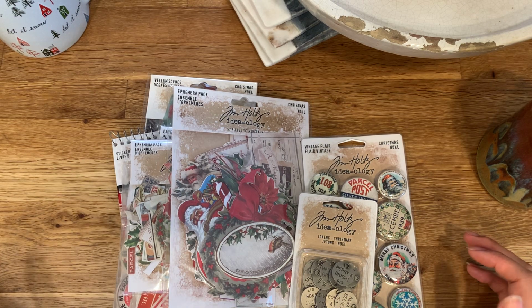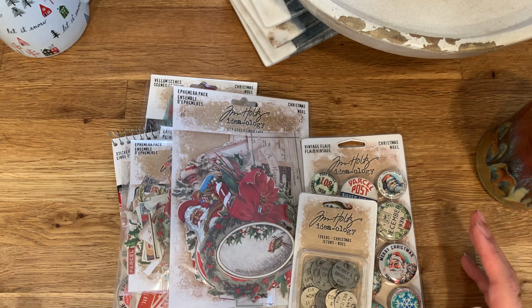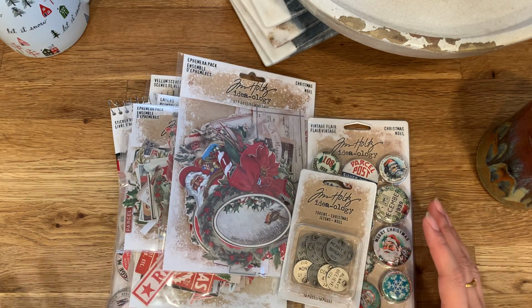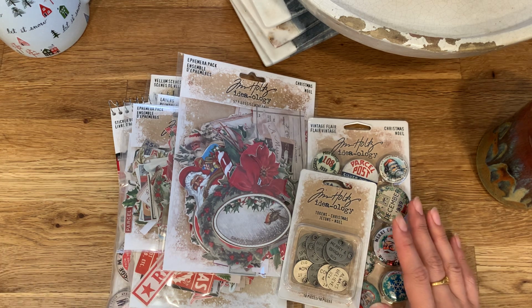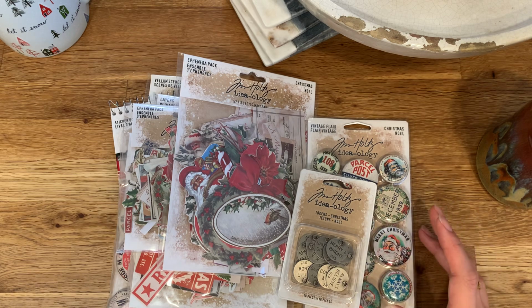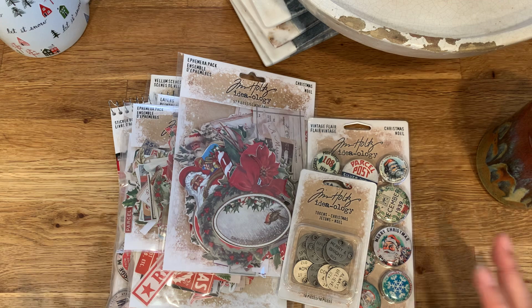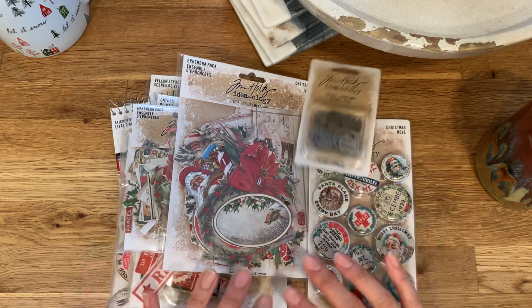And what I don't use, obviously, I'm going to save for next year. If you've watched my prior video where I decluttered some of my Christmassy things, I took out a lot, and a lot of that stuff has just been in that pouch for years. I plan on using all of that to clear it out, and then I can start fresh next year. That's what I'd mentioned as my plans, and I plan to continue to do so. So these are some of the new bits that I want to incorporate into my December daily